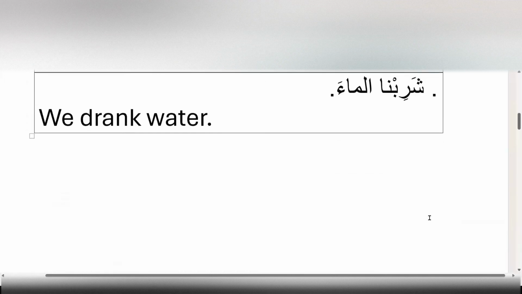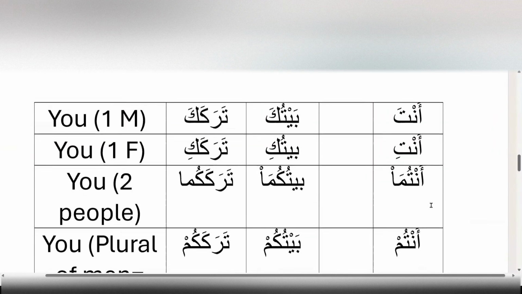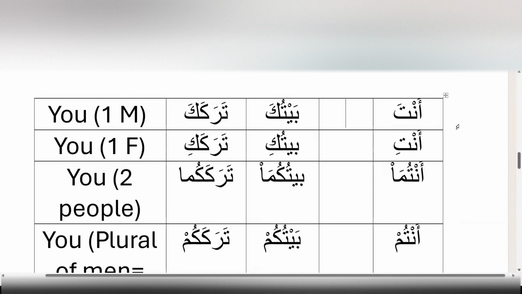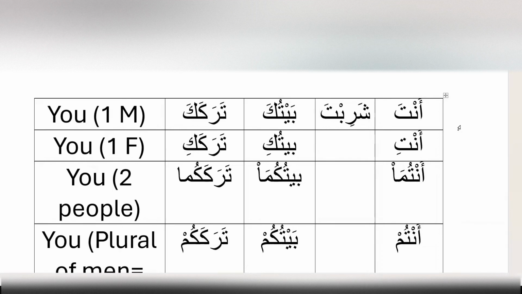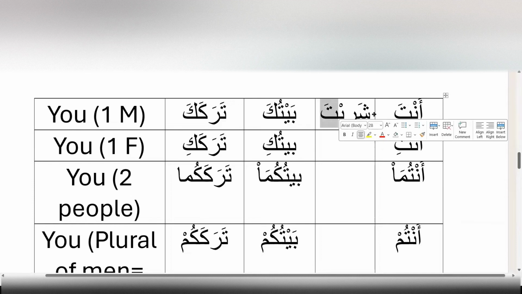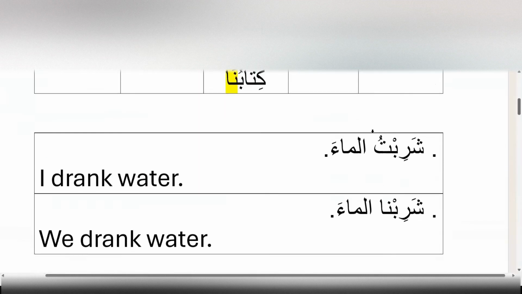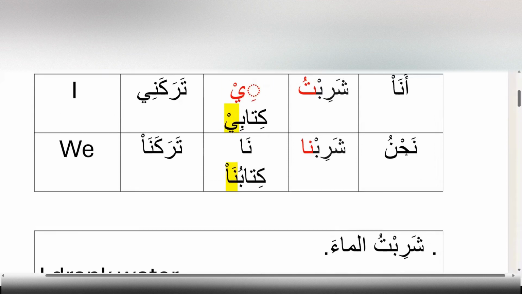Now we go to the second person. We'll have, of course, some changes. أنت. شَرِبْتَ. So here it is ta again, but this time with fatha. You see the difference between this and the first one? For anta,